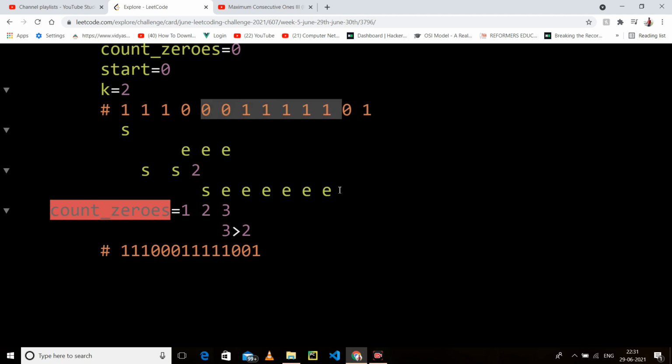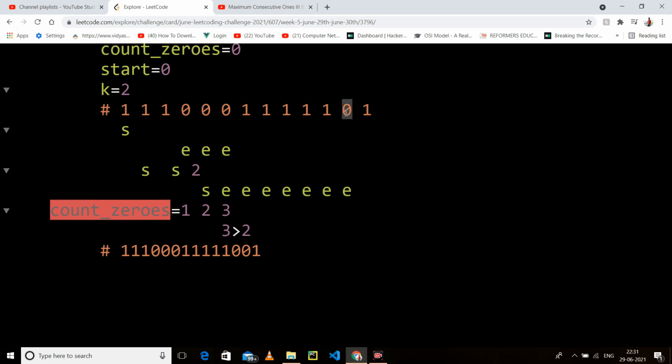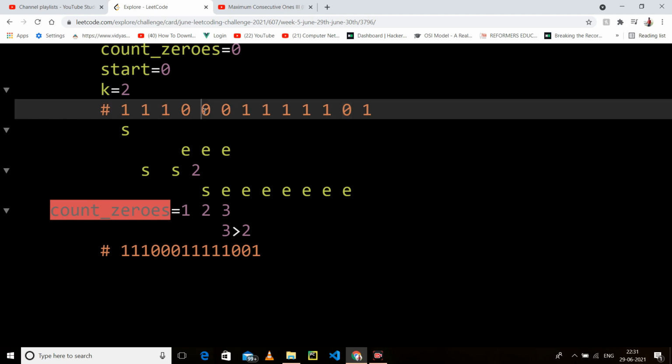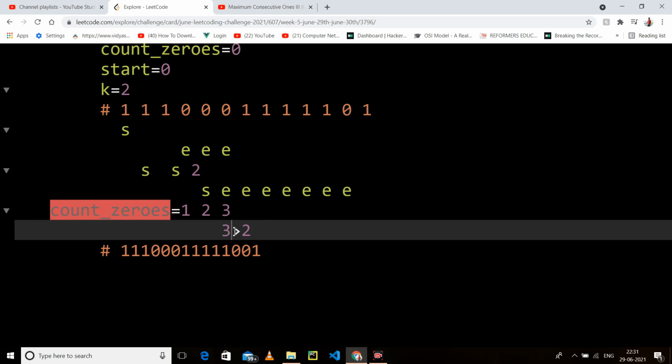So from here to here, I have only 2 zeros. We haven't violated our rule that we can flip only 2 zeros, and at the same time I have held only 2 zeros. But if I move e by 1, I have the 3rd zero as well, but we cannot do that. So again I will check our count. At this point our count was 2, our count has become 2 again.